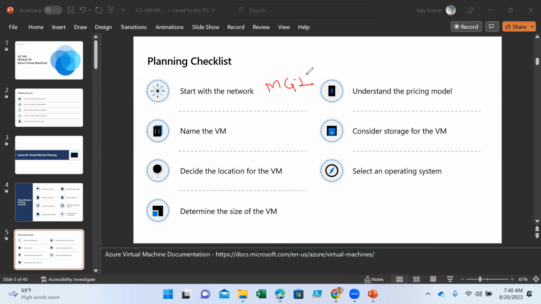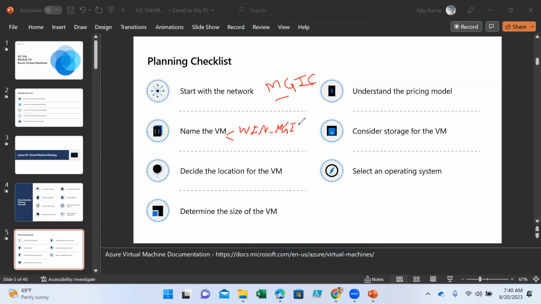If I get a requirement to deploy any virtual machine for this project, I'll say, first of all, what is the VM version? Is it Linux or Windows? If it's Windows, I'll say WIN, and then followed by the project name, MGIC,